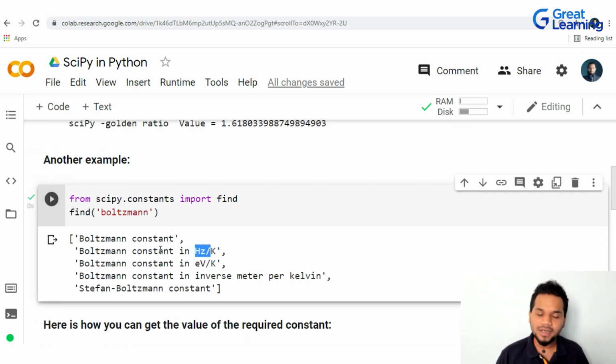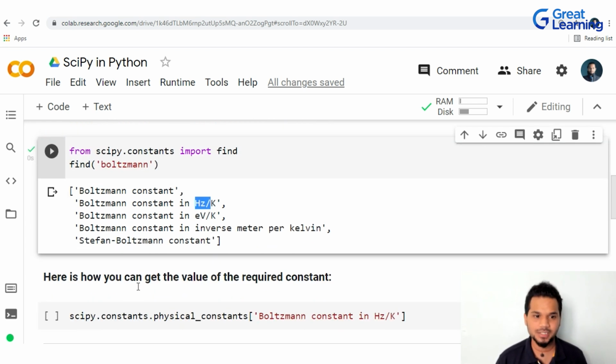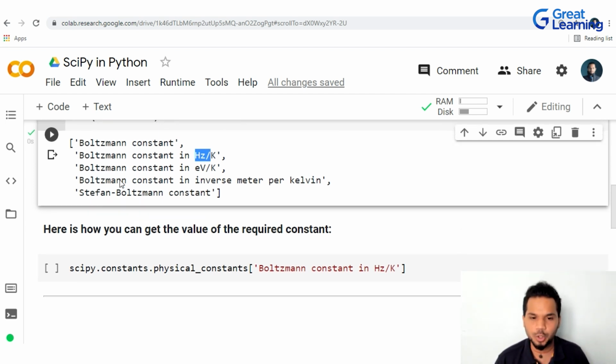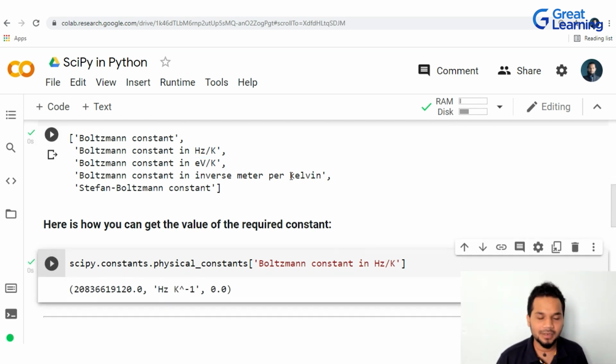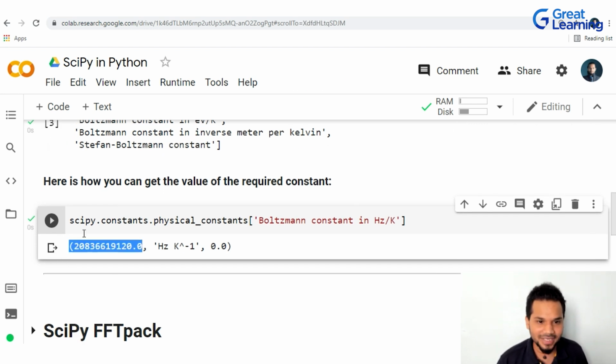So what it is basically saying is, when I say, tell me all the Boltzmann constant types that are out there, the constant is going to be the same, but the value of the constant is going to change with respect to the various SI units that you're going to be using, right? Various situations in which it's going to be used. So it is telling me these are all the constants that you can use in terms of Boltzmann. I say, okay, now I know what constant I require. I want it in Hertz per Kelvin. And as soon as I hit play here, it's giving me the constant value. How simple do you think this is, right?